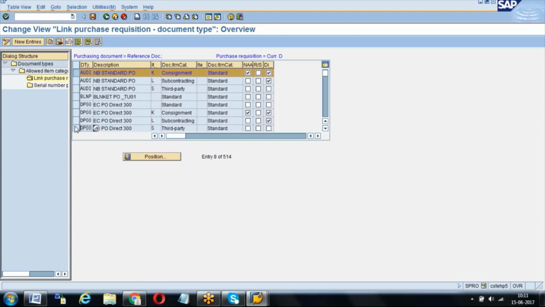Consignment procurement means we buy the materials but we don't pay. The materials will come and be kept in our company. For example, 5,000 quantity you bought, you don't pay a single rupee, and the 5,000 quantity will come and be kept in our company. The owner is the vendor, but the material is with us. Whenever you use 200 or 300 quantity, then we do the settlement and the payment. This is called consignment procurement.